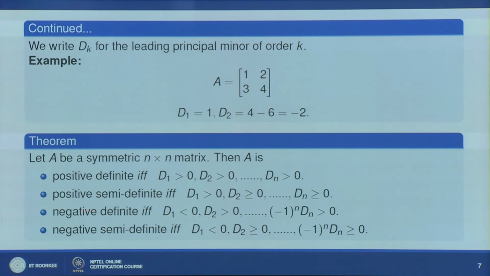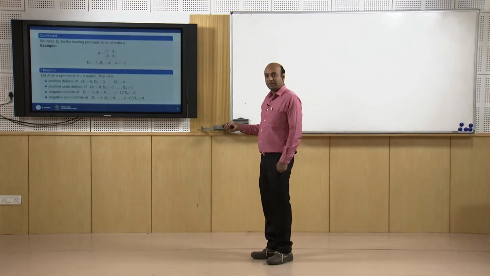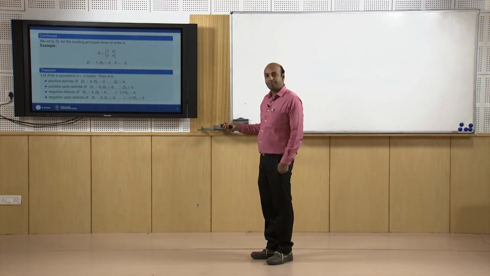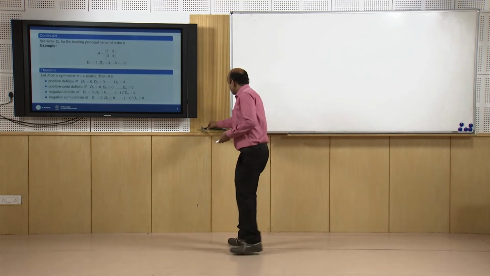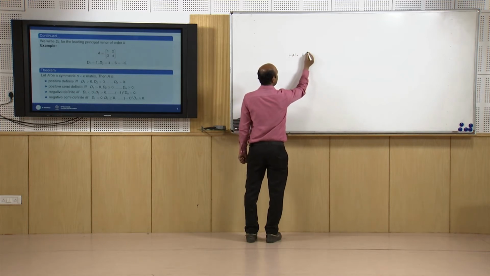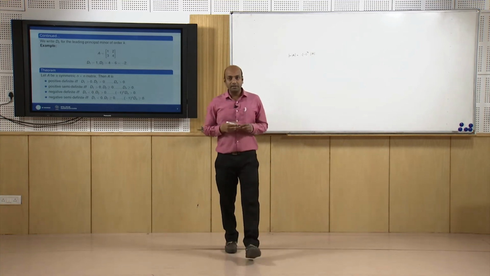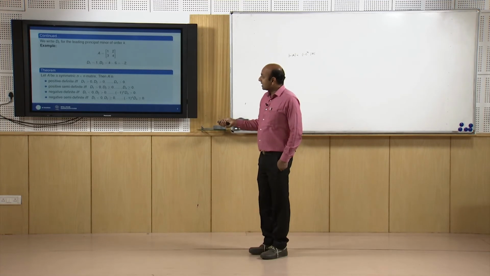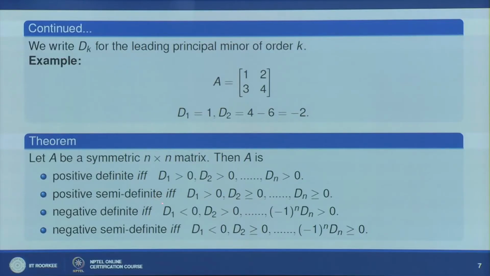if a matrix A is negative definite, that means negative of A is positive definite. If a matrix A is negative definite, this means negative A is positive definite. And what is the determinant of negative of A? That is nothing but minus 1 raised to power n, determinant of A, that we already know by the properties of determinant. Okay. Now D1 is of order 1 cross 1, so it will be negative